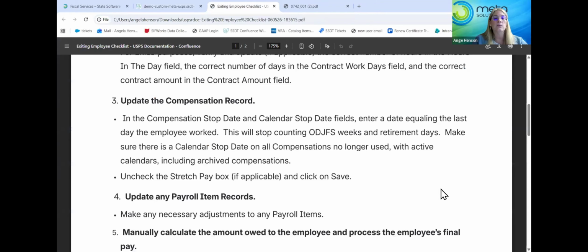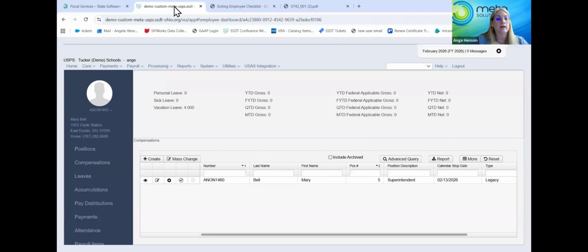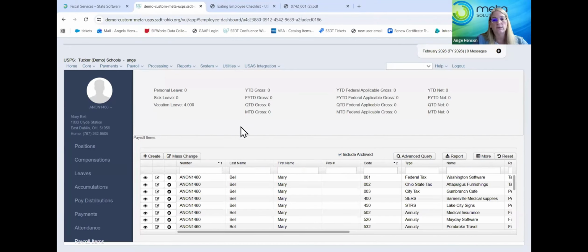Update any pay records. Make necessary adjustments to any pay records. So back to the demo account. We're going to pay records, pay items. We're in pay items now. One thing you need to make sure, if they have insurance, if they have paid it, you need to